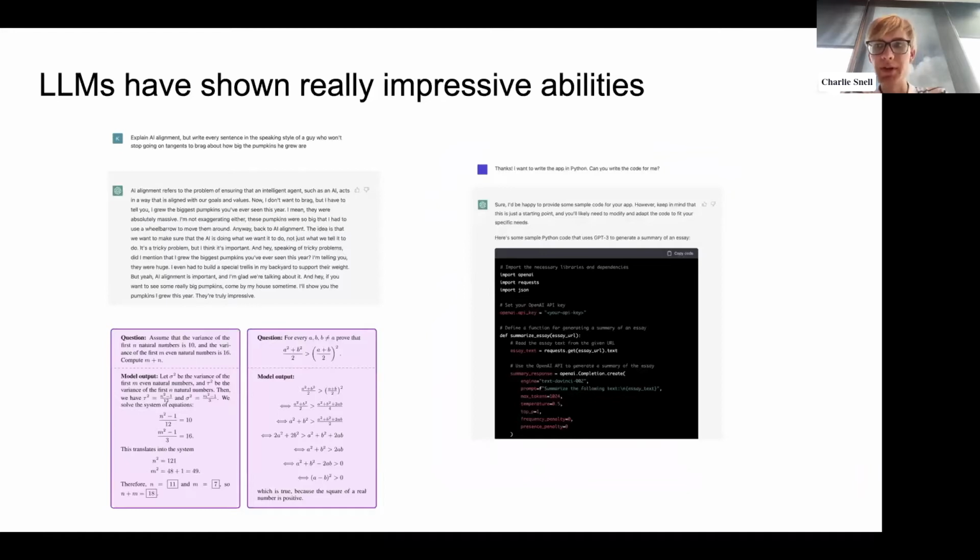So to get started, I think it's obvious to say that language models have been shown to do some pretty surprising and impressive things, like solving pretty non-trivial math problems, writing lots of pretty complicated code, and also doing creative writing, to the point where it's quite surprising. And while a lot of this is powered by lots of data and lots of compute, there are two other big components behind some of these abilities.